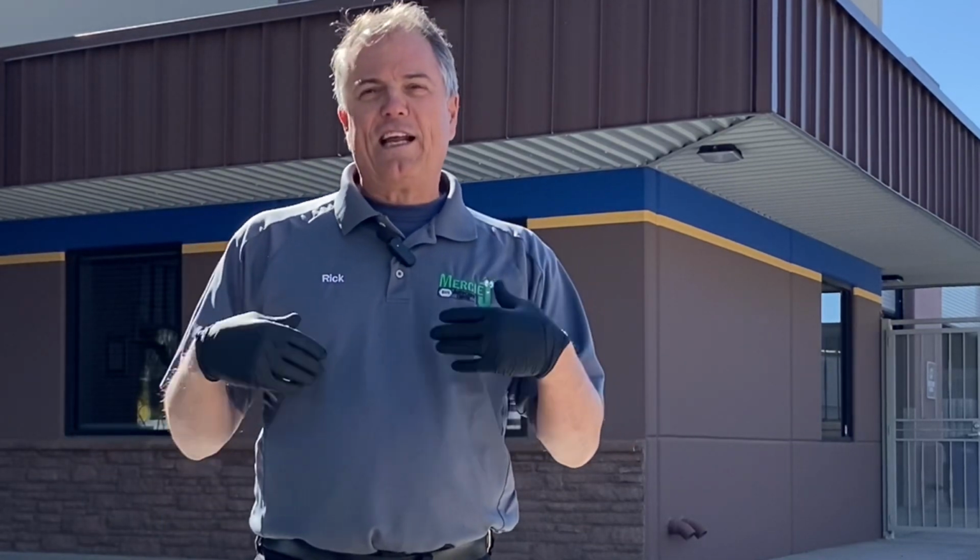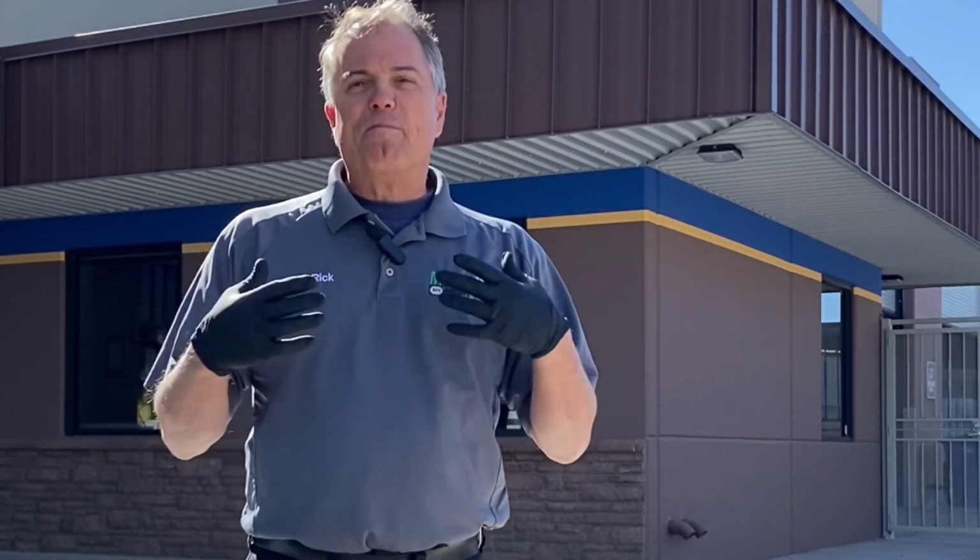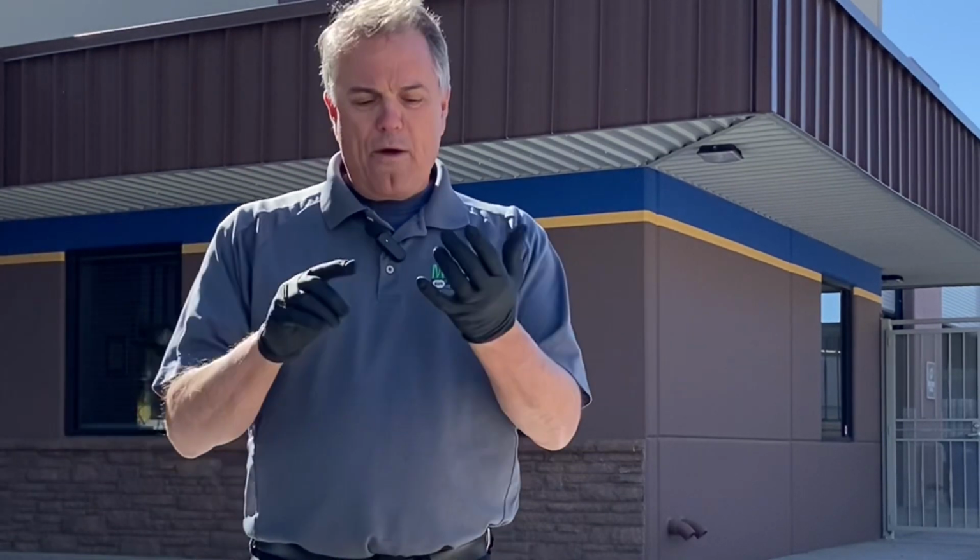First of all, I want you to know I am not a chemist, so I will just tell you what a catalytic converter does based on my understanding. We have essentially three emissions, three gases that are harmful to us that we're trying to clean up. We have hydrocarbons, which is HC, we have carbon monoxide, which is CO, and we have NOx, which is